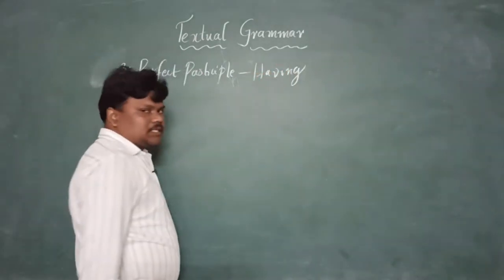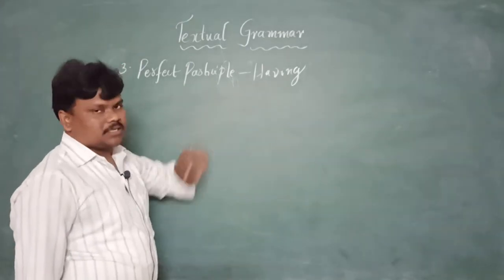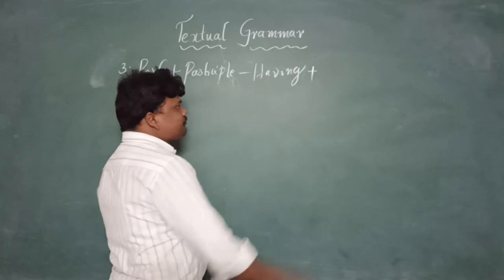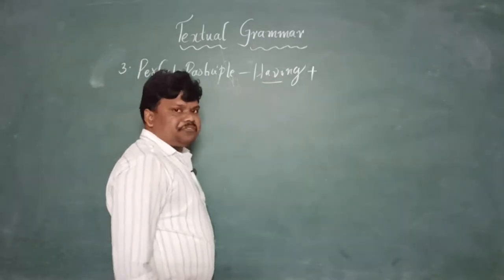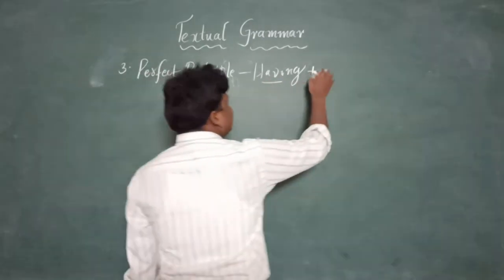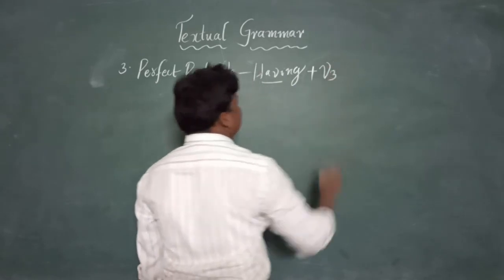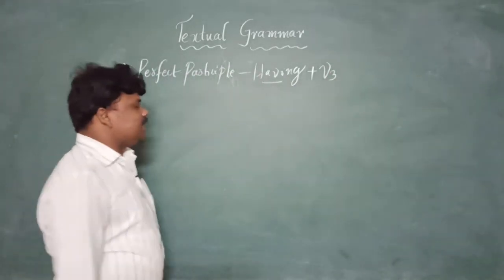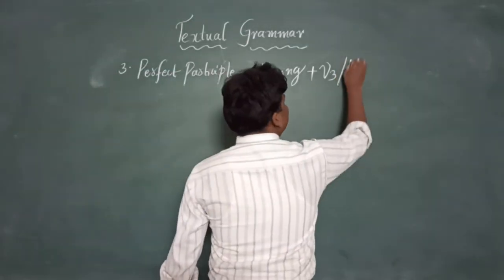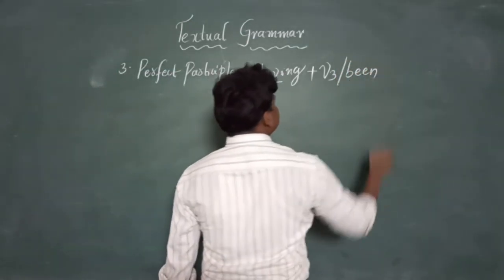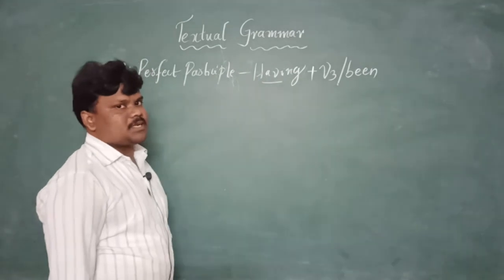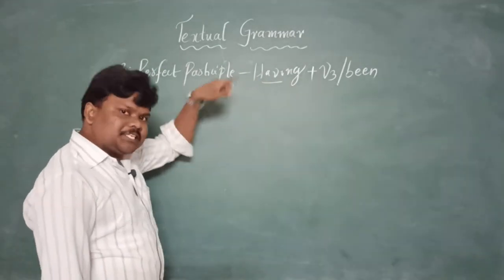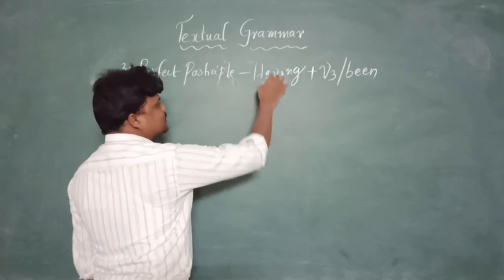Having. Immediately you should remember having. But there is one more twist in that. If you need to start the answer with having, there should be V3 compulsory. If there is no main verb in the given sentence, been is also compulsory. Yes, perfect participle. We need to begin the answer with having compulsory.